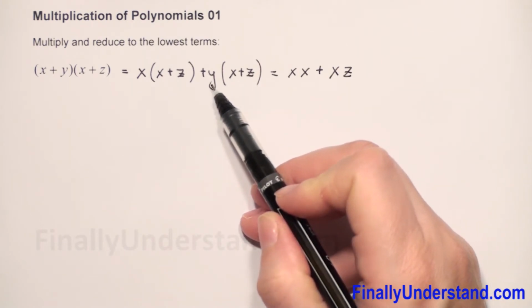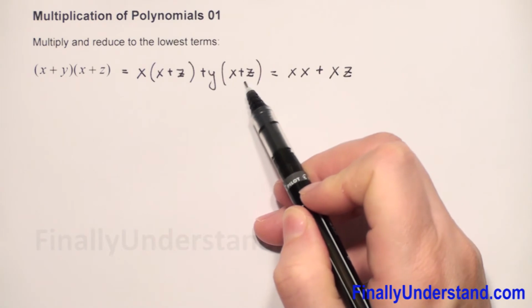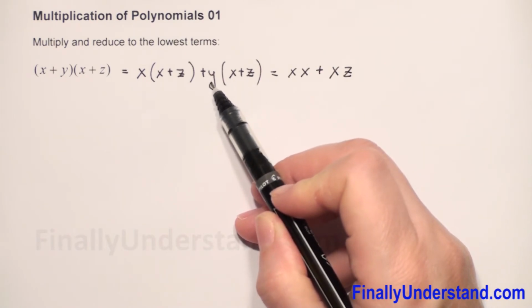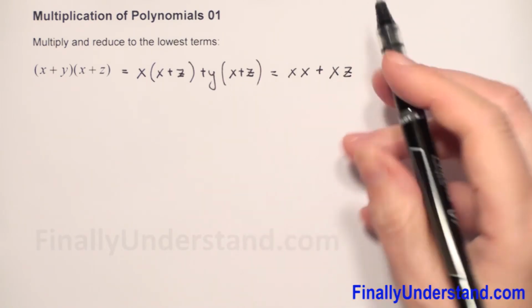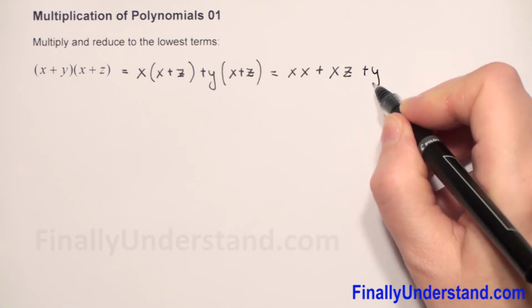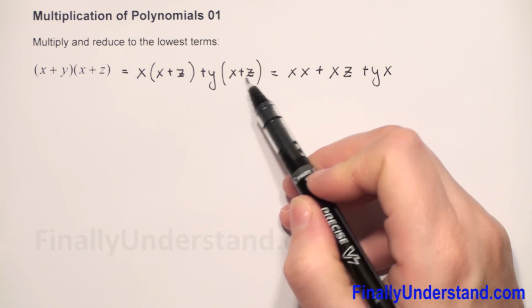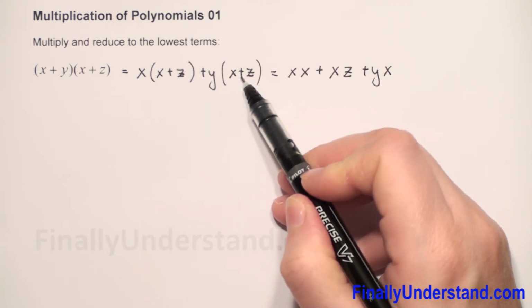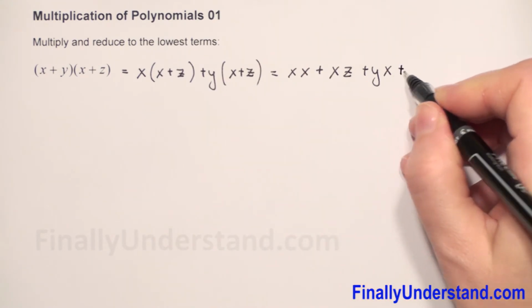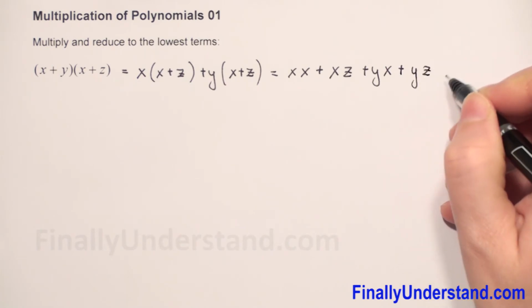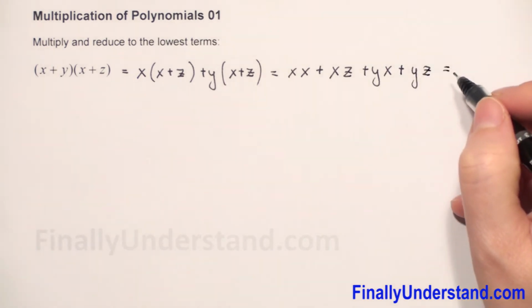So again we have to multiply every term in parentheses by y. So it will be y times x, and we have y z because we have positive and positive variables, so it will be plus y z. So this is equal,